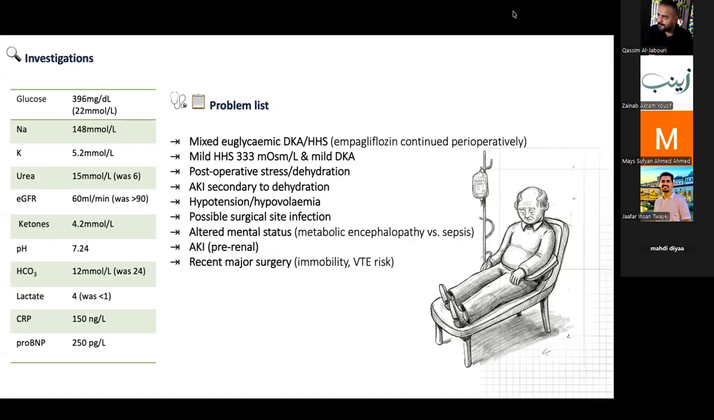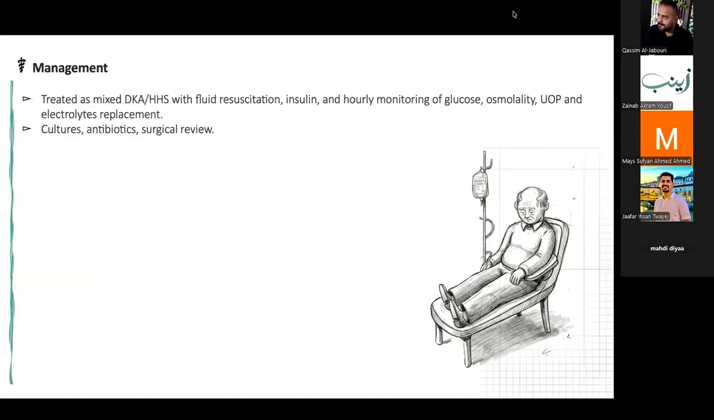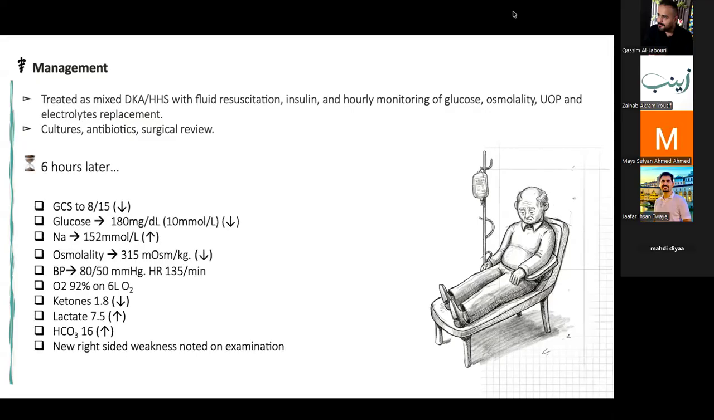And the recent major surgery is also another contributing factor or stress element. He was treated as per protocol for DKA and HHS, and then cultures taken, antibiotics administered, and surgical review requested. Then 6 hours later,